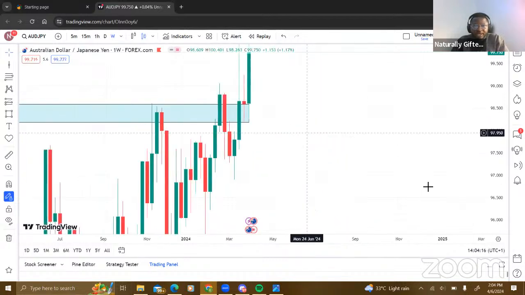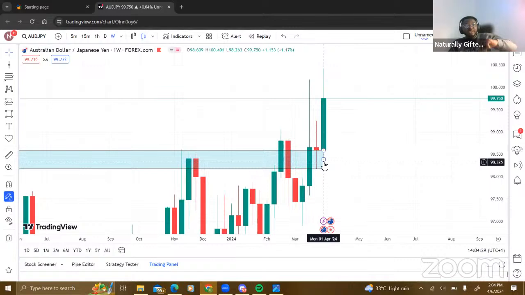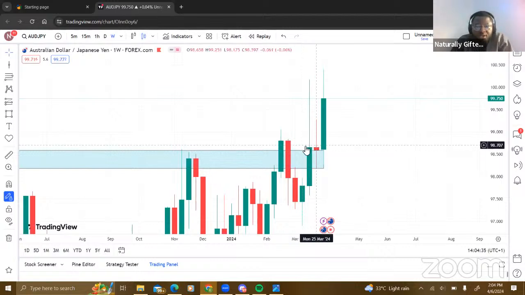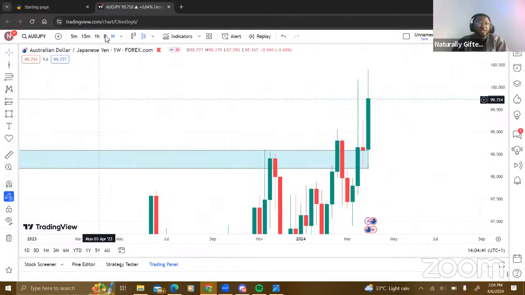Now, guess what, ladies and gentlemen? In the month of March 2024, AJ did not reverse. Why? It broke the zone above. Remember I said whatever price is going to do today, it's a reversal or repetition of what it's done in the past. So this was good identification for you to understand that it's likely going to do a reversal of what it's been doing in the past couple of years.